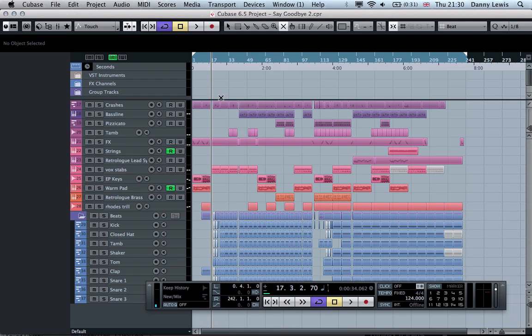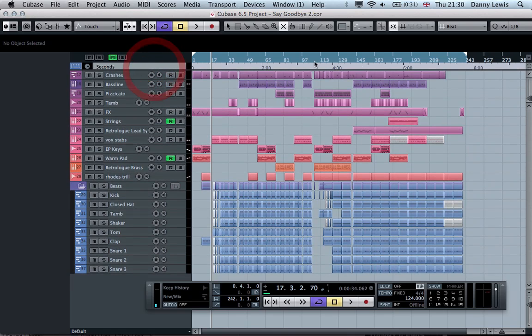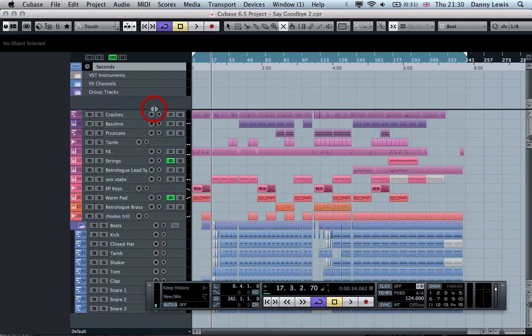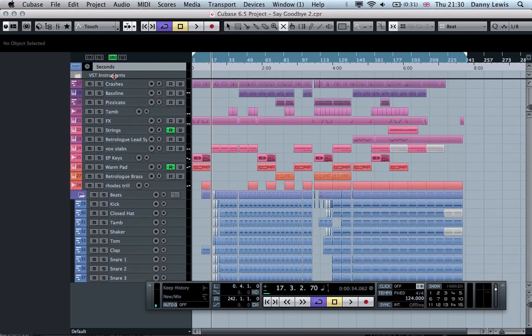And if you guys are using Cubase, or if you're not using Cubase, you might be wondering what's going on here. I've actually got up here this ruler, so I can see the time, the actual duration of the track. And this is like a split section. That's what I like about this. I can tuck all this away, so that I'm just left with this kind of traditional arrange window. But if I need to, I can expose all this stuff here. And this has got the instruments that I've used. It's got the effects that I've used and the groups and stuff. It's all nicely organized, so that can be tucked away once I've got all the routing sorted,